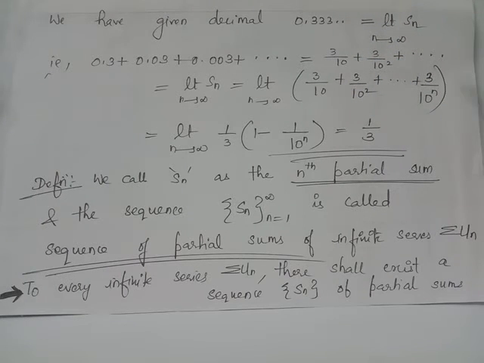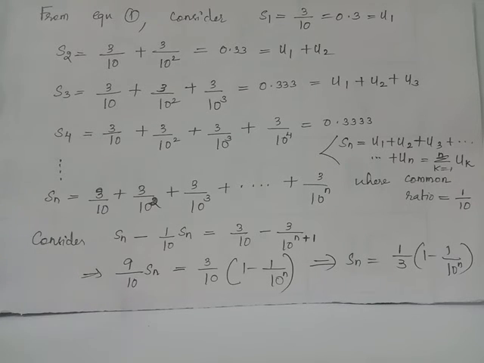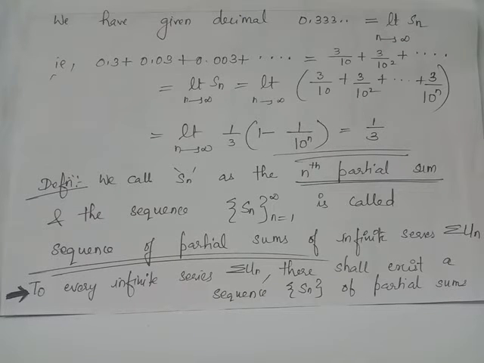This infinite series 3 by 10 plus 3 by 10 square plus etc. up to infinite terms, which is equivalent to 0.3333, is exactly equivalent to limit n tends to infinity Sn, because Sn considers the sum of first n terms of the infinite series, and when you let n tend to infinity, it is equivalent to this infinite series itself. We have limit n tends to infinity Sn equals this expression, and we have found that 3 by 10 plus 3 by 10 raised to 2 plus 3 by 10 cube plus etc. plus 3 by 10 raised to n, which equals Sn, can also be equated to this expression. Therefore, the infinite series